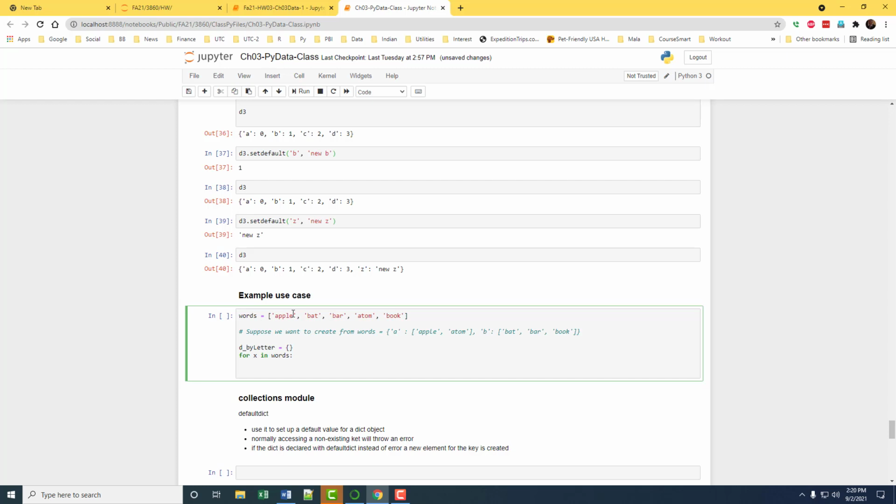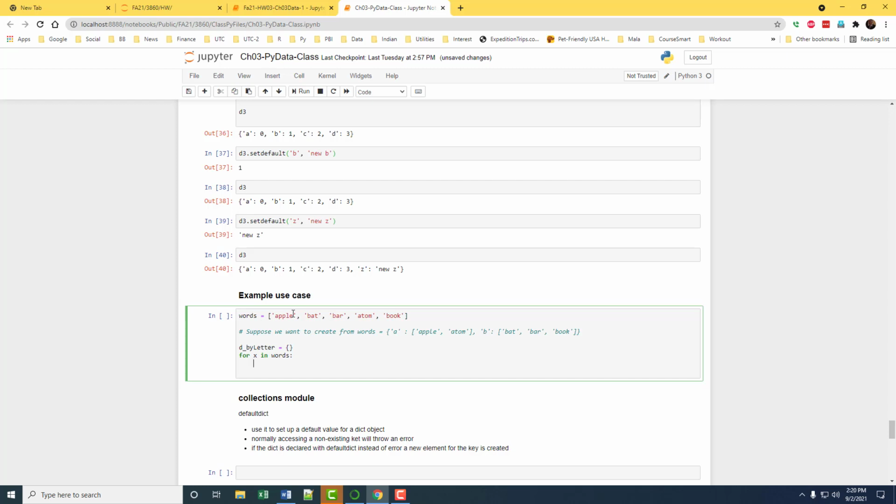If the key A is already there, then we just add to the list. If the key A is not there, then we have to create a new key with the letter A.